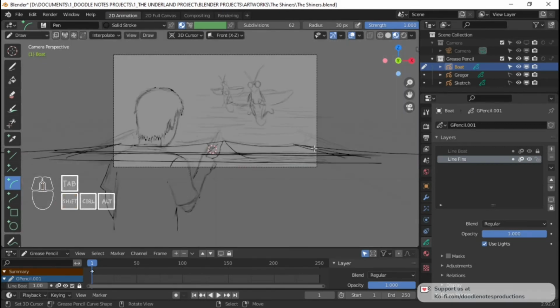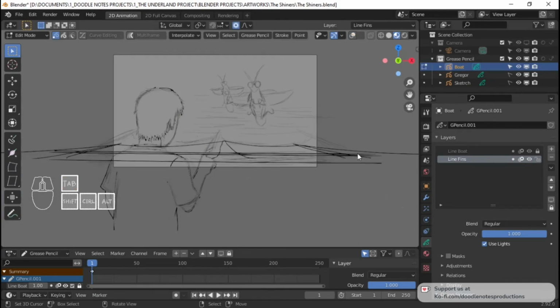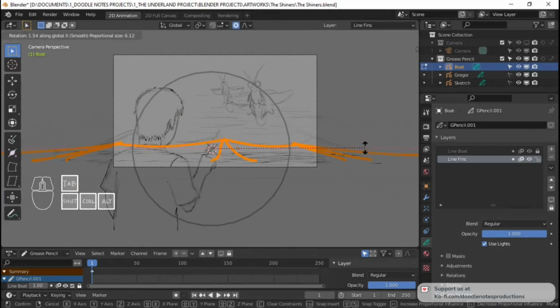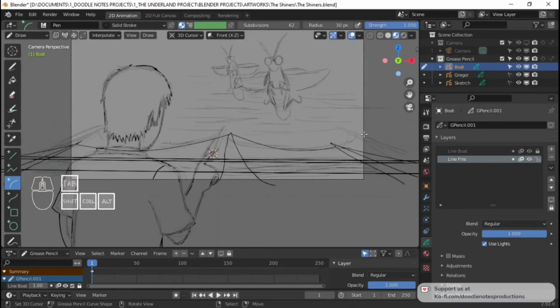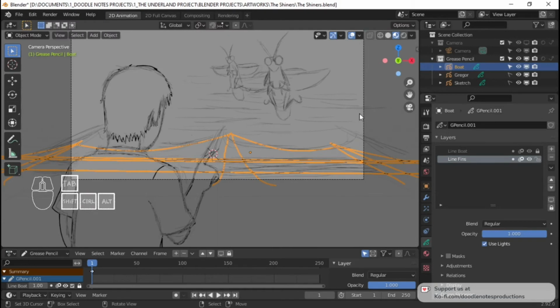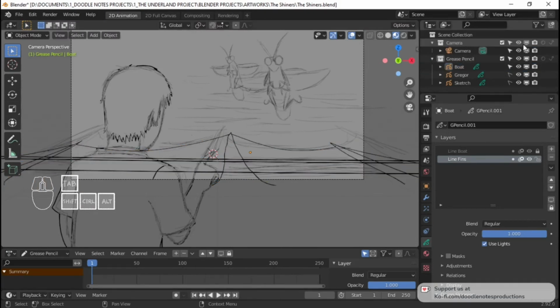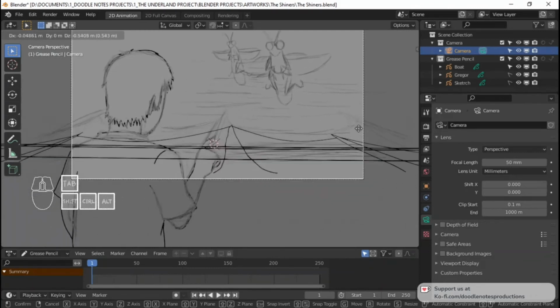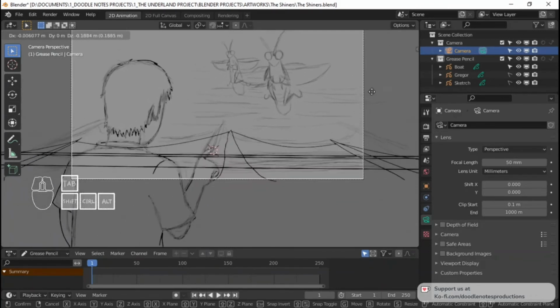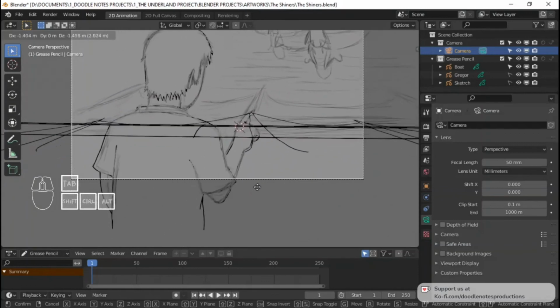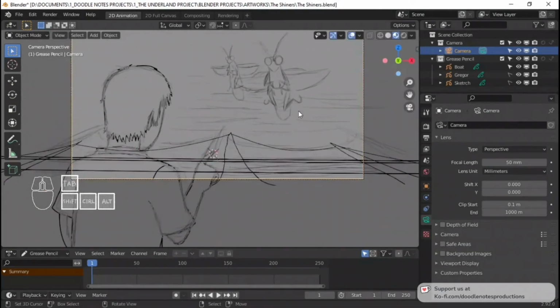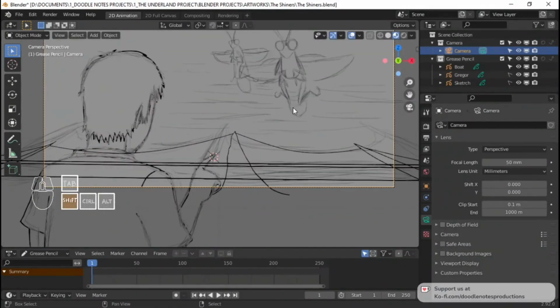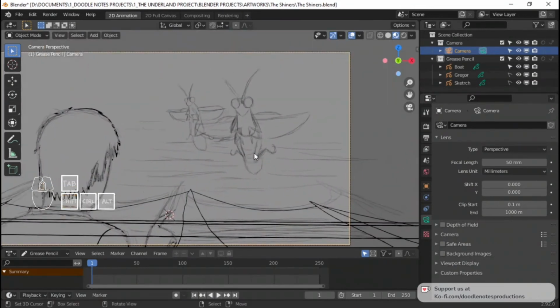So we have the fins going. I might rotate this a bit, like that, just so we see the arc there. And I'm gonna go to object mode, and let me just grab the camera here. Yeah, we see the fins moving the way we want right there. It looks nice, and that's gonna look good with all the fills and stuff. So now we can go and move on to the